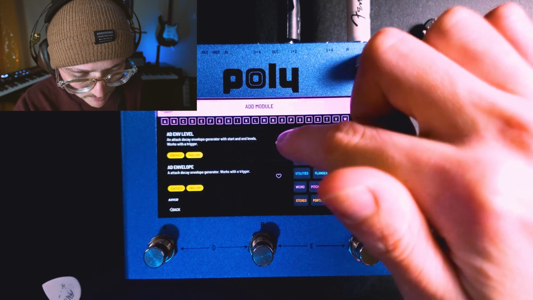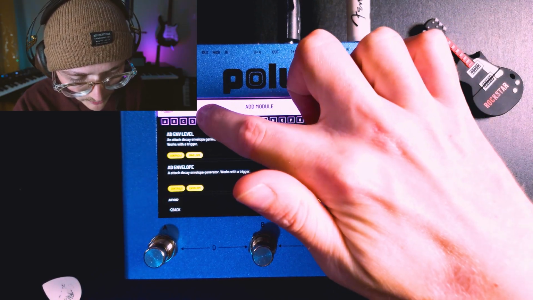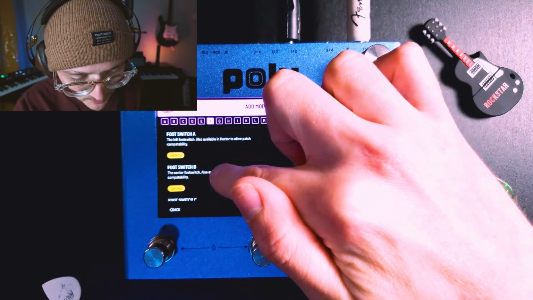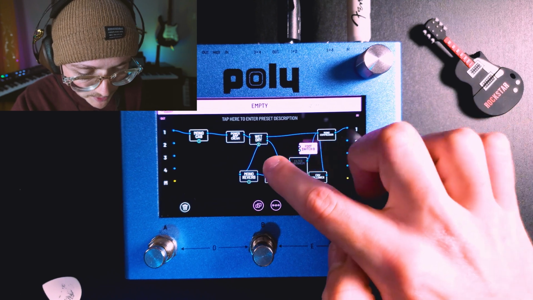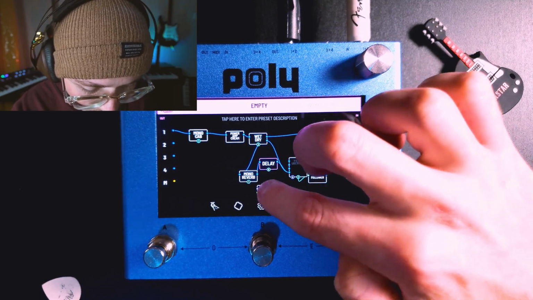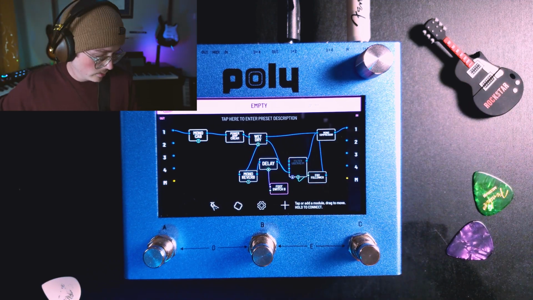I just want a tap tempo connected to this. So we're going to go to controls. So by F, we're going to go with foot switch B, because we're already using A to turn off this filter, remember. So let's give us some space. BPM out. Cool. So now